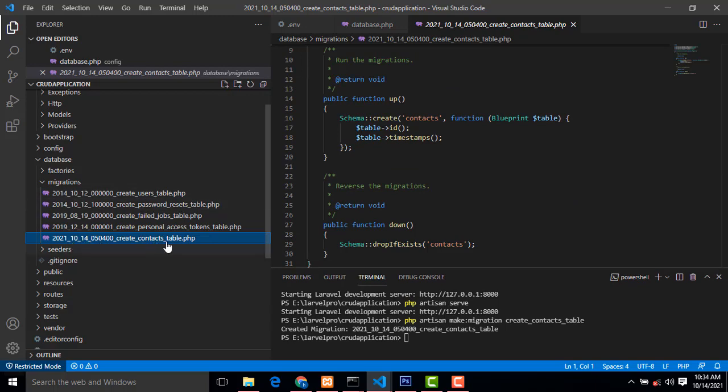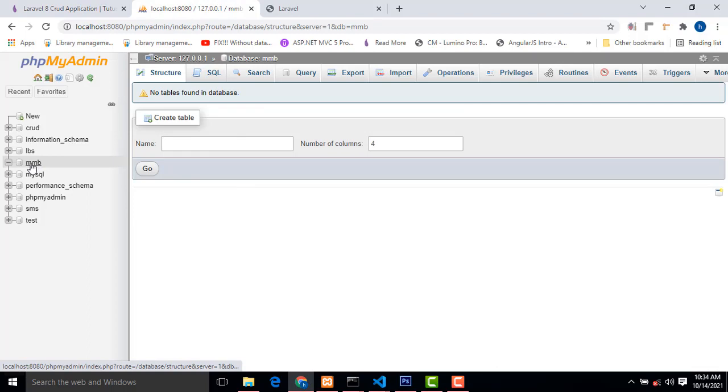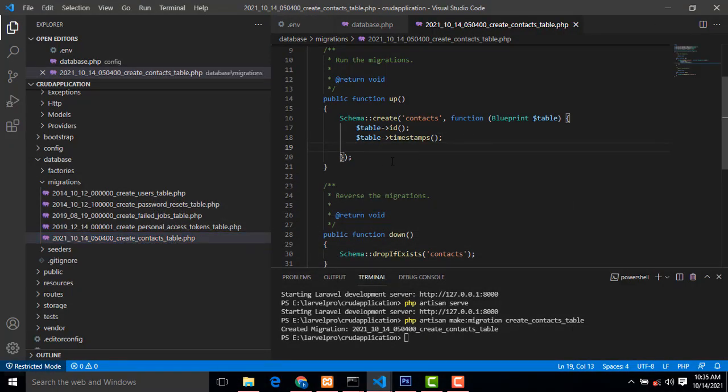Now you are going to create a new table you have created. Let me check the database. Okay, now here we have not migrated anything else, that's why it does not show any table. After that we have to do the migration part. So here this is an empty table. We have just created the table. This is an empty table, right?